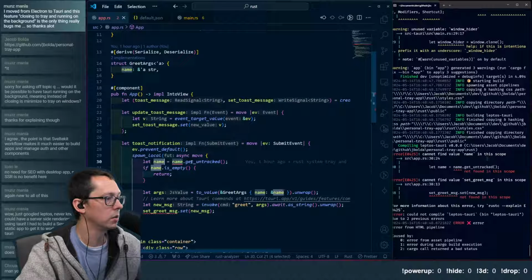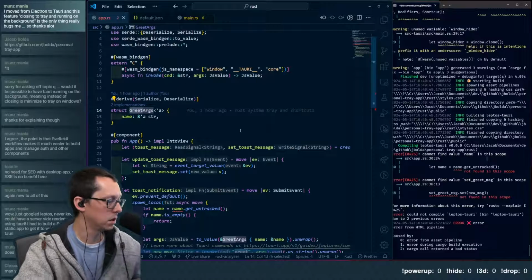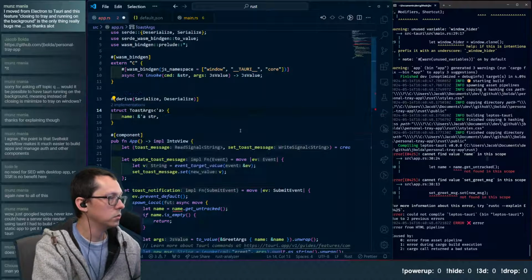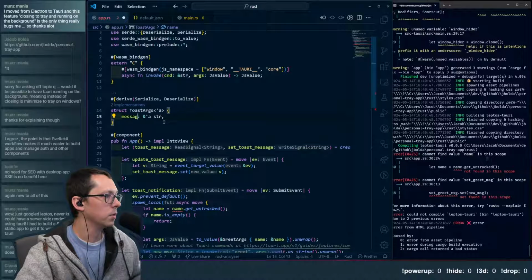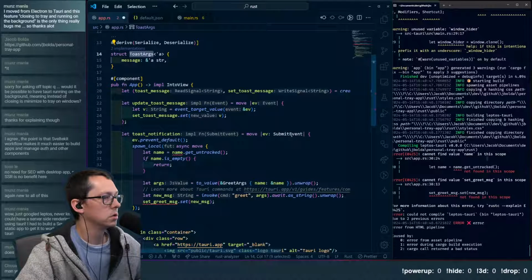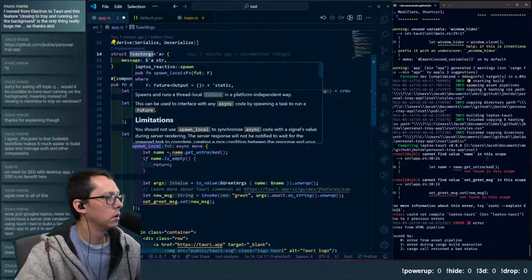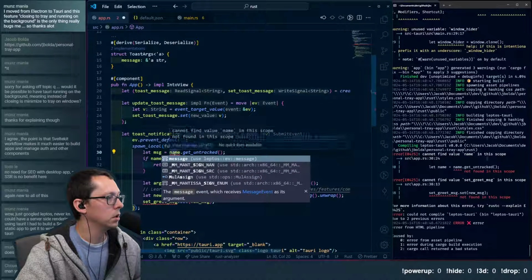So let name get untracked. Name is coming from greet args. This should instead be, we'll call it toast args. It's not name anymore, it's a message. So toast args, submit event, let message be